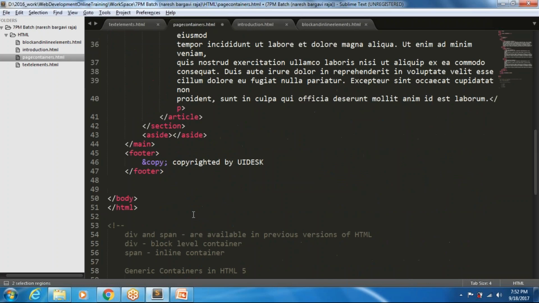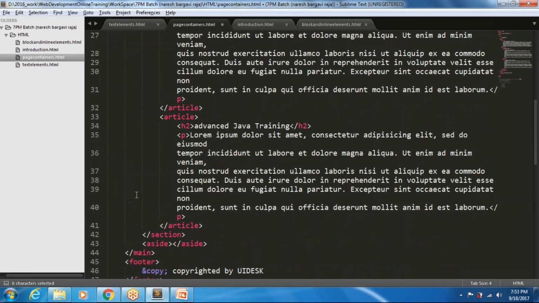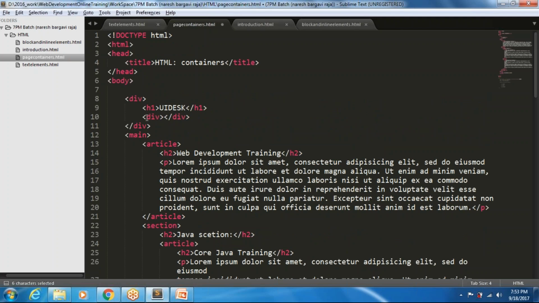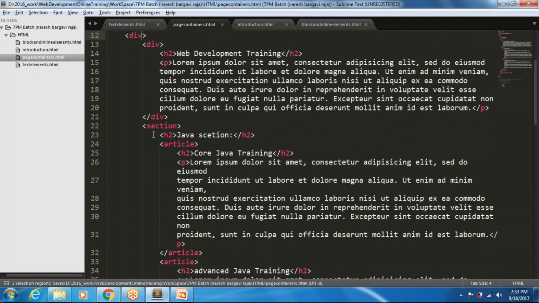A div is a normal generic container that is available in the previous versions, whereas HTML5 has more semantic tags than a simple div and span. So you can place those things here. So you can place div instead of article. So when you place all the things as divs,